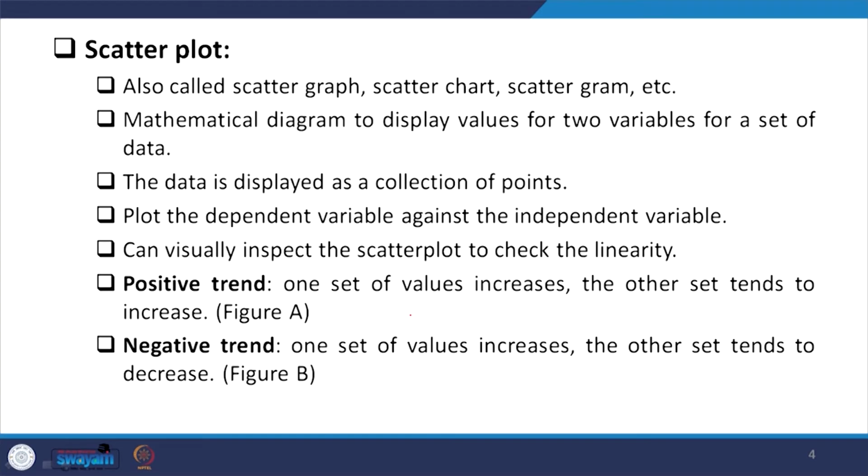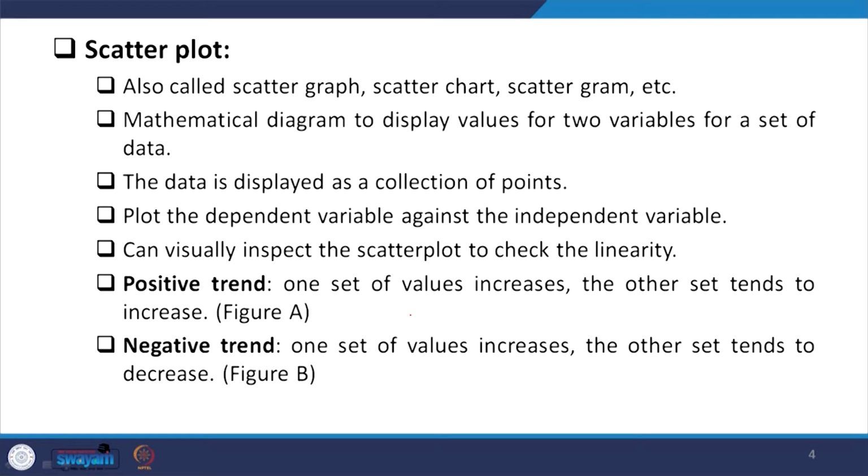The scatter plot gives us scatter charts, scatter graphs, scattergrams. This is a mathematical diagram to display values for two variables for a set of data. The data is displayed as a collection of points. Different points will be plotted and displayed with the scatter plot.